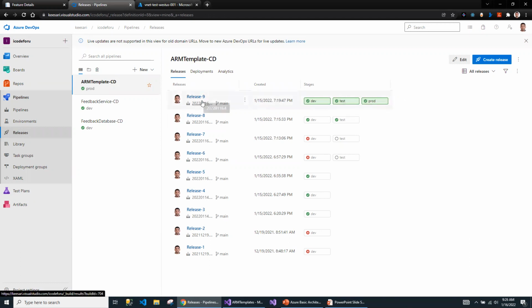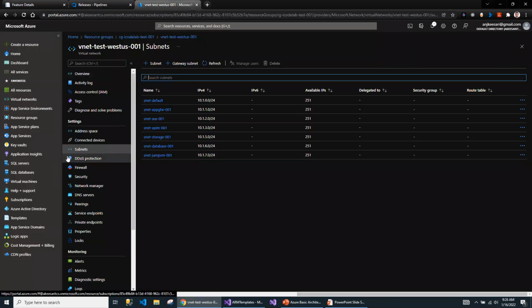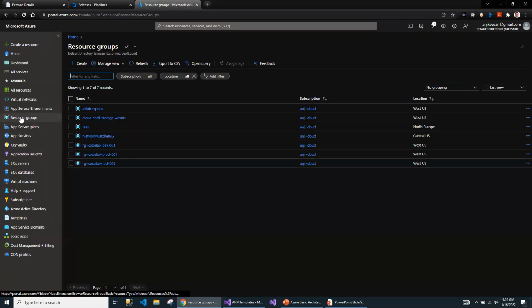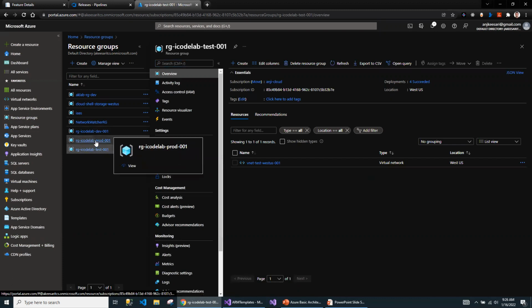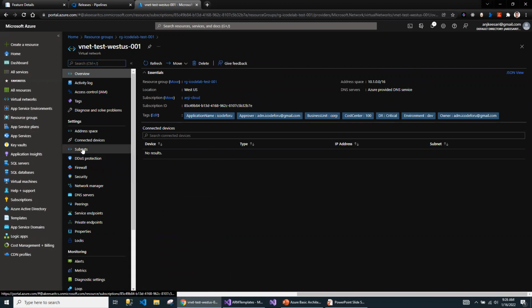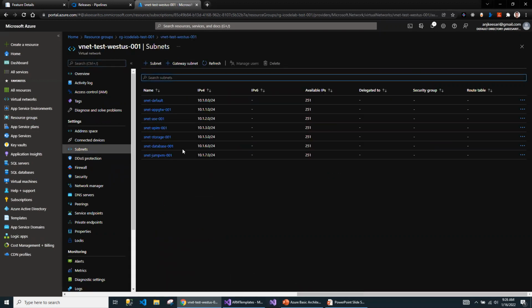So once we create these resources in the 3 different environments, we are going to validate, by logging into the Azure portal, to make sure that the resources created as part of this Azure DevOps pipeline are working as expected in Azure. So you see, I've created 3 resource groups, one for test, one for dev and one for production, and you will be able to see whatever resources the RM templates created, with the source code present in the Azure DevOps. So that's the validation we are going to do at the end of the course. So let's begin this course.